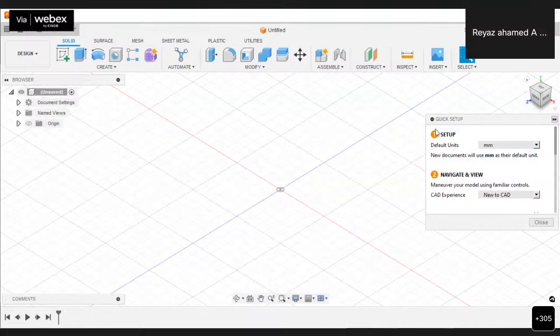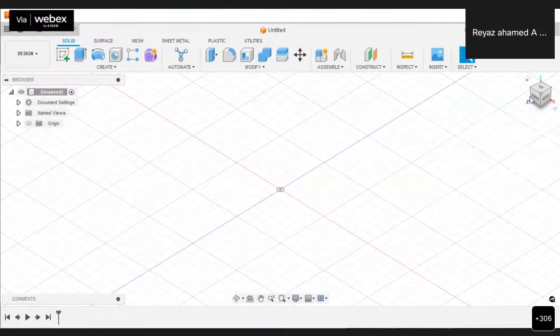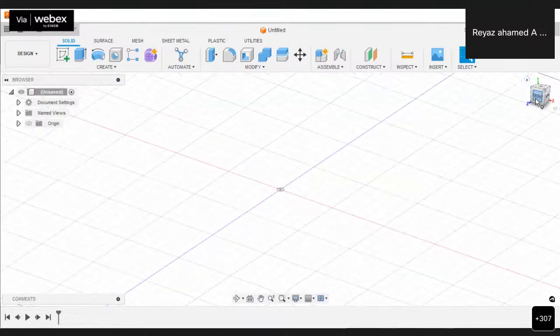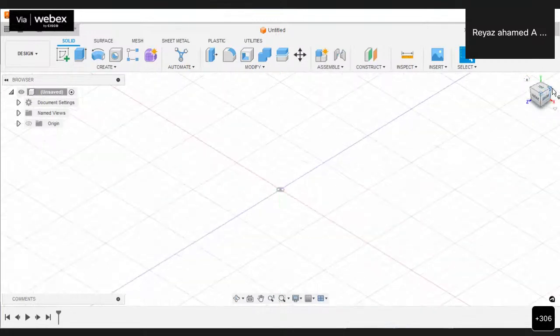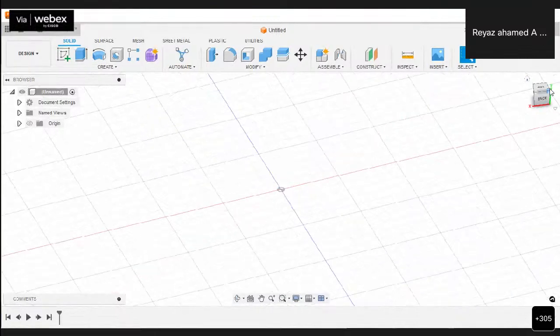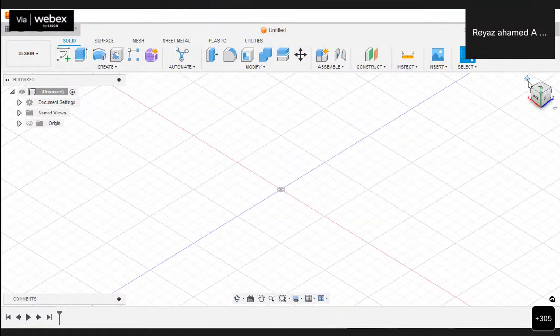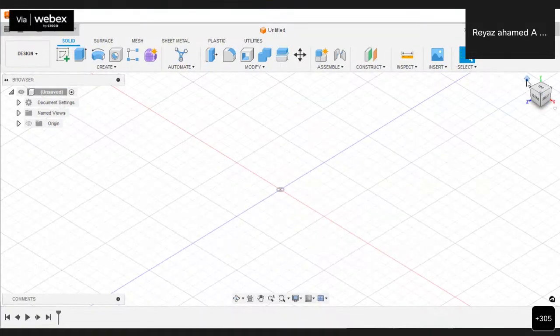After setting up the quick setup, you just close this one, and then this may be called a view cube, where you can switch from one view to another, and you may bring it back to the home view. So that is also possible. See, front view, and you may view with the help of the view cube. You may go for an isometric view also, a 3-dimensional view also. If I need to bring my model into the home view, just click on this home button, and the model will come to the home view.